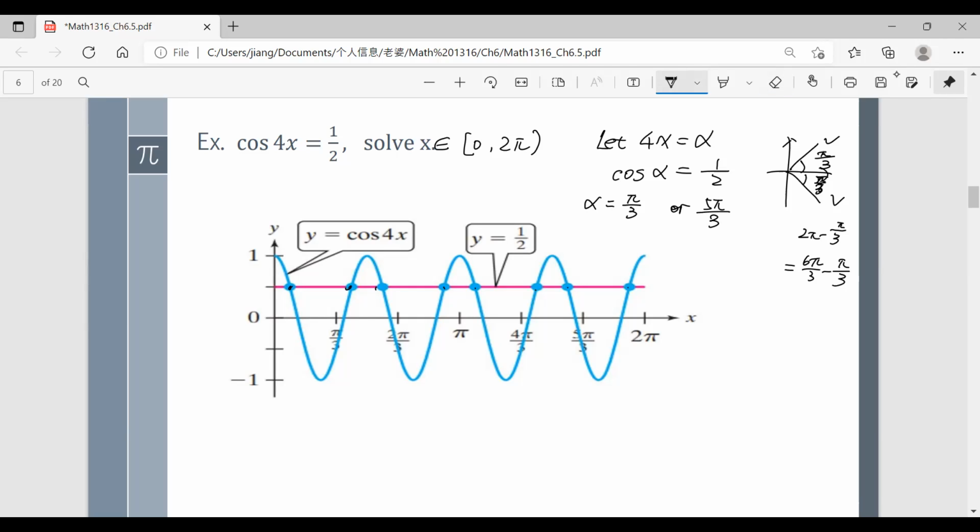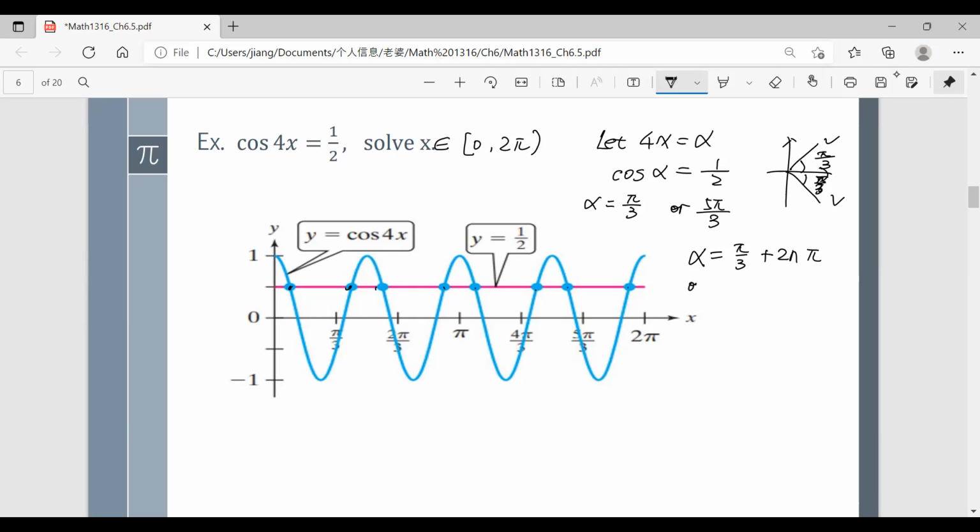How about the general solution for alpha? Can I say alpha equals pi over 3? Because it is cosine alpha, the period is 2 pi. That means alpha can be pi over 3 plus 2n pi,